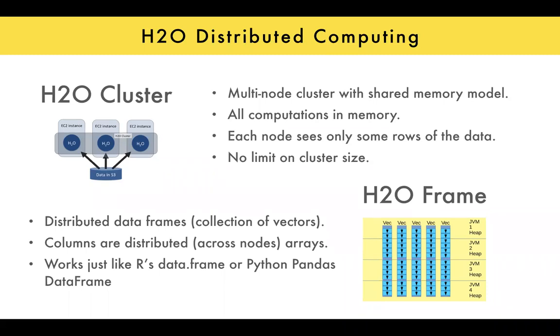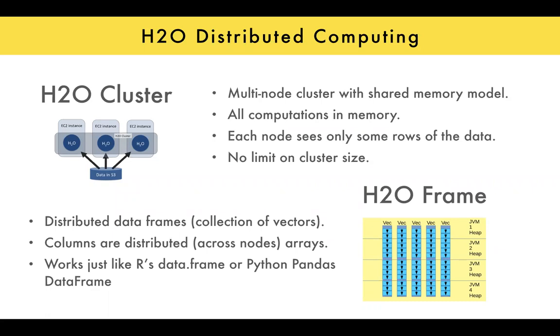So the next thing is what we call an H2O frame. And all that you really need to know about that is it's a data frame. If you're in R, you would interact with it as if it were an R data frame. You can do all the same things, like you subset the H2O frame the same way that you subset an R data frame. And the same goes for pandas data frames in Python. So if you already know how to do basic data operations in R or Python, you can do them on an H2O frame. The only thing to note is underneath,